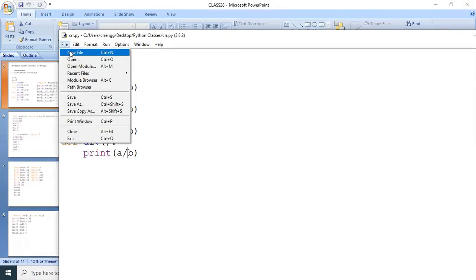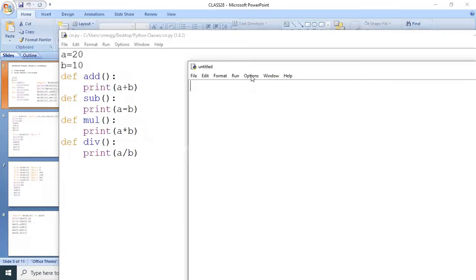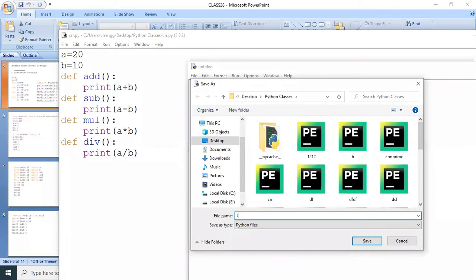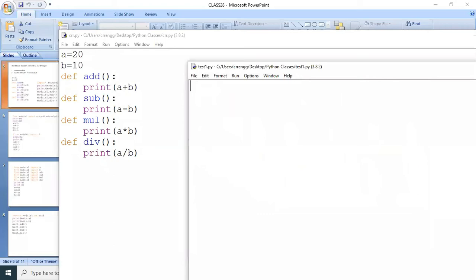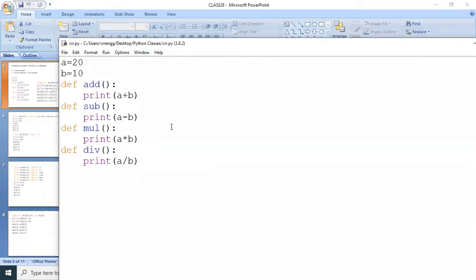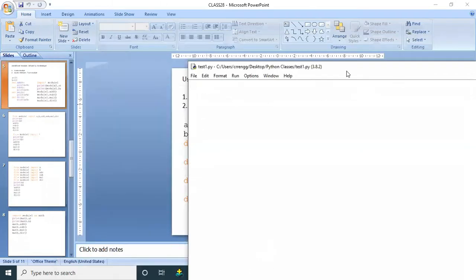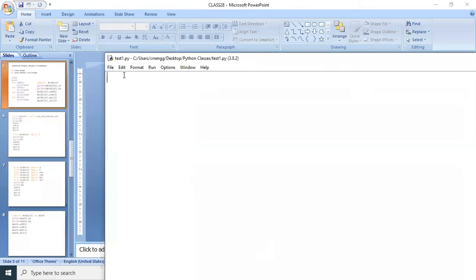Now I create a program file, that is test1.py. So this is the program test1.py. Now remember that the module and the program file are located in the same directory.